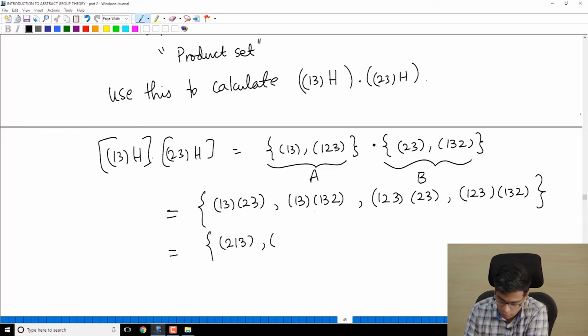Similarly, (1 3) times (1 3 2): 1 goes to 3, 3 goes to 1, so 1 is fixed. 2 goes to 1, 1 goes to 3, so 2 goes to 3 and 3 must go to 2, as you can check. Similarly (1 2 3) times (2 3): 1 is fixed here and goes to 2, 2 goes to 3, then 3 goes to 1, so 2 goes to 1, 3 goes to 2. Finally (1 2 3) times (1 3 2): 1 goes to 3, 3 goes to 1, so 1 is fixed, 2 goes to 1, 1 goes to 2, so 2 is fixed,